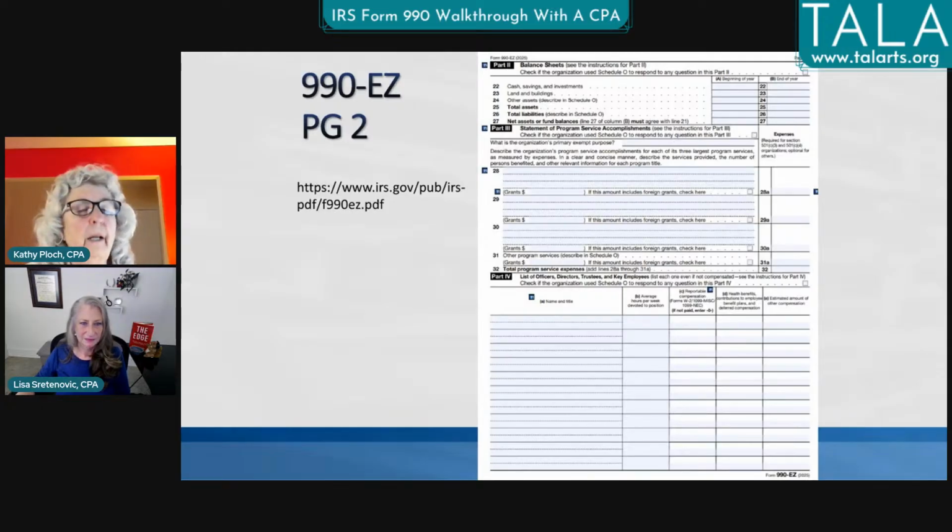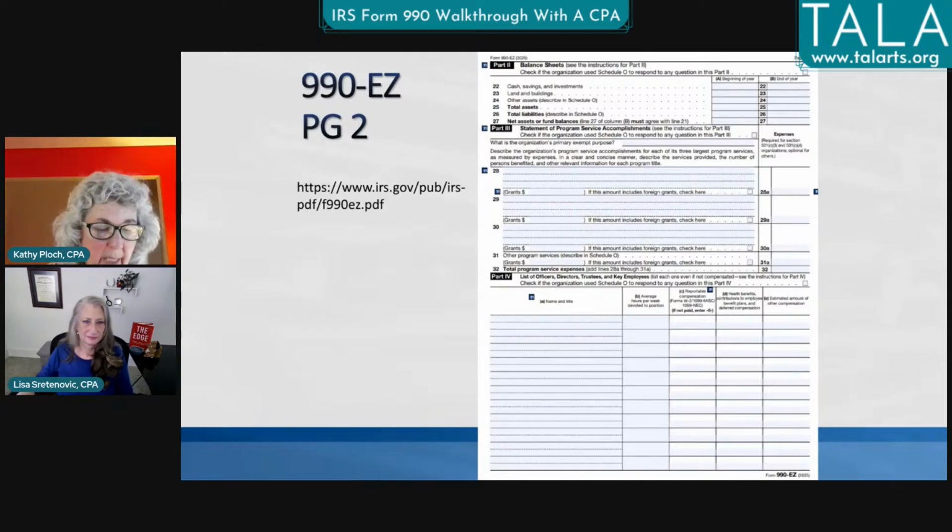Disqualified persons. I hate to tell y'all to look in the instructions, but unfortunately there are some specific definitions. So if you're trying to decide what is a key employee or what is a disqualified person, which we'll talk about in a minute, I hate to say it, but look to those instructions.